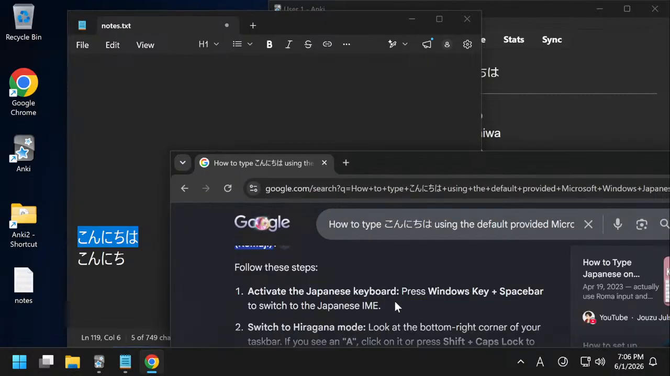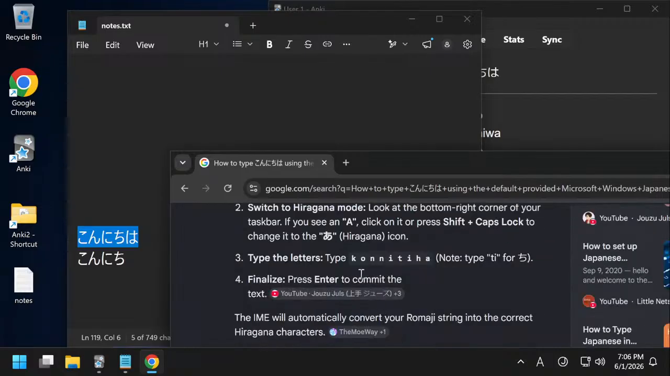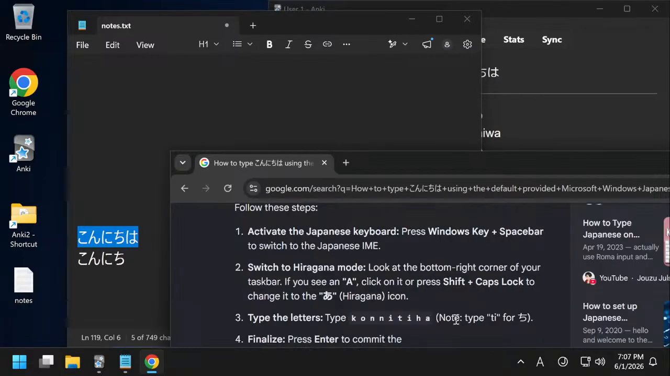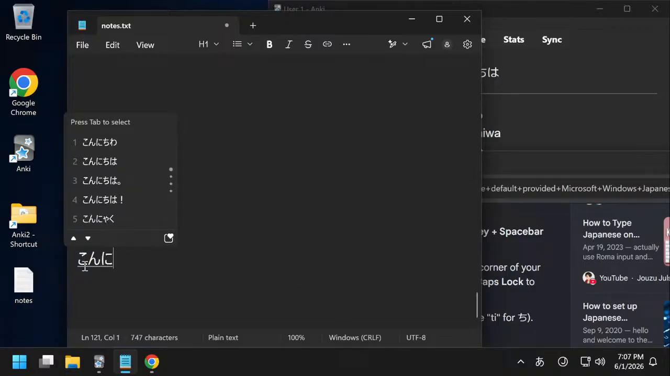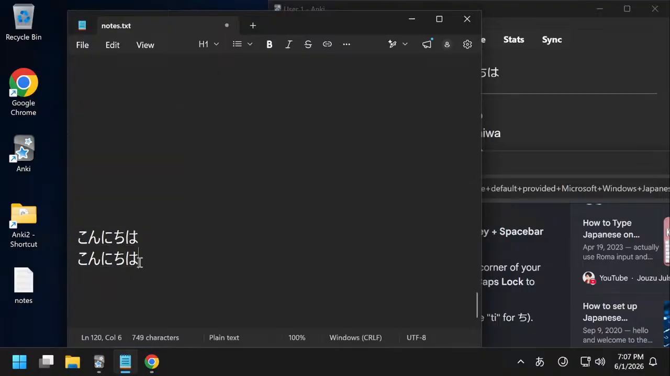Okay, to type it on the keyboard, you just go konnichiwa. Why not chi? Konnichiwa. Konnichi. Why ha? Konnichiwa. But you can also type chi. So